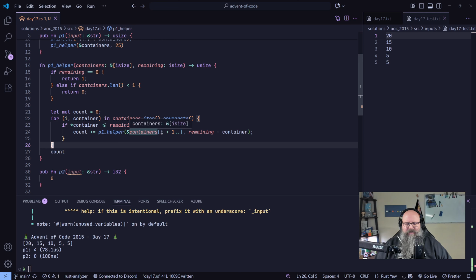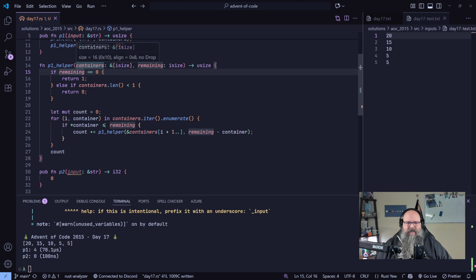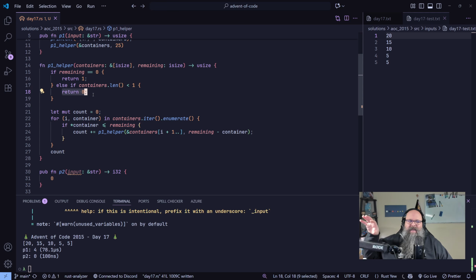So just to be clear, what's happening is we're doing this dynamic programming approach, right? We're saying, give me a list of containers and how much we have remaining to fill. If I've ever gotten to the point where I have none remaining, then I know I've found one solution. If there's no containers left, but there's still some remaining, then this path doesn't lead to a solution, so I should return 0. And then what I'm going to do is